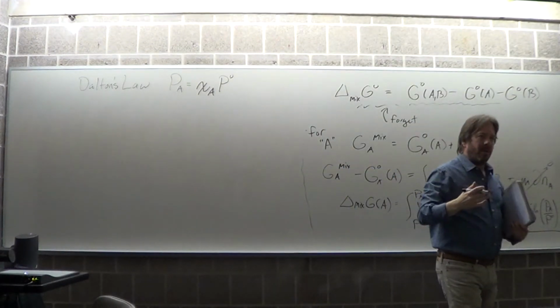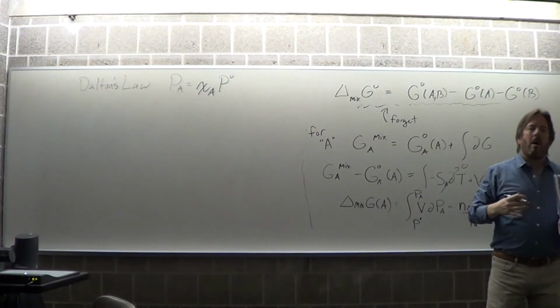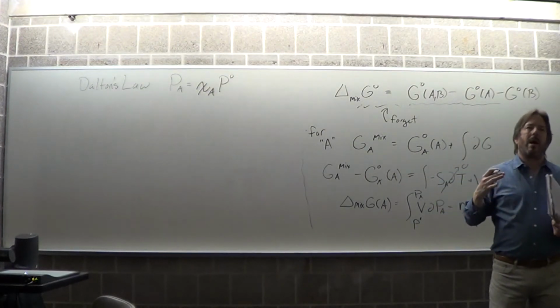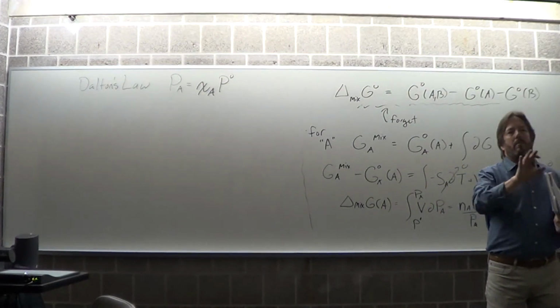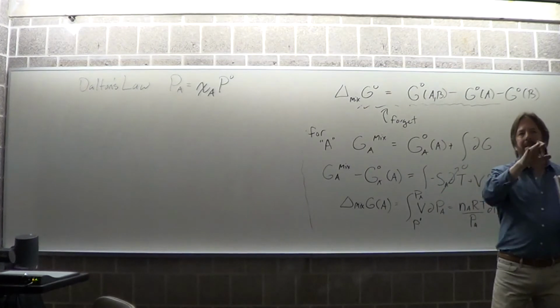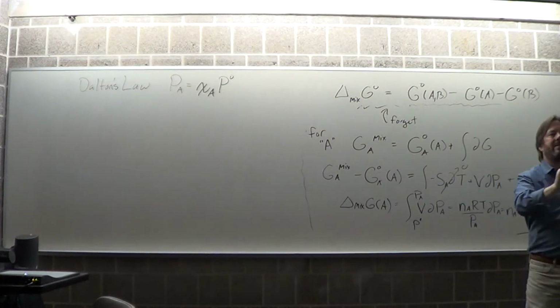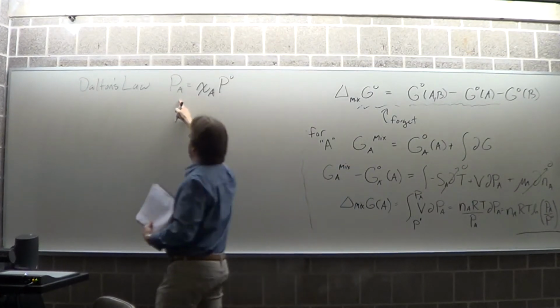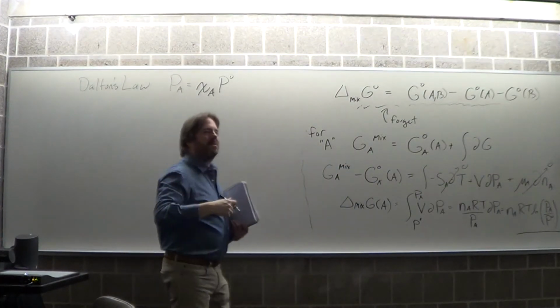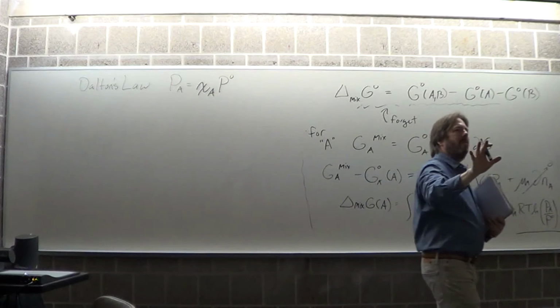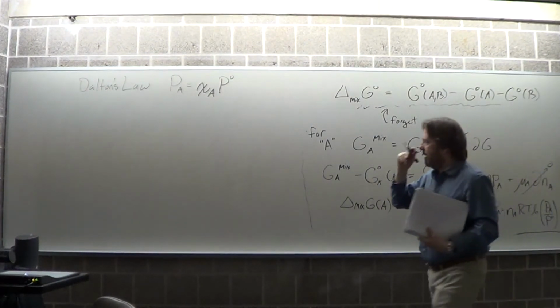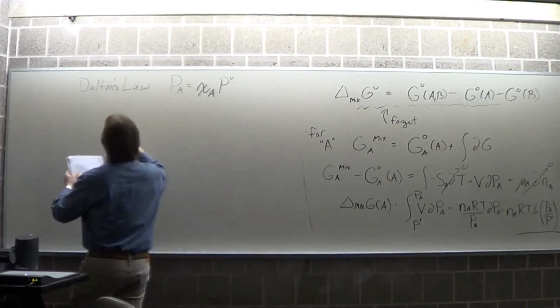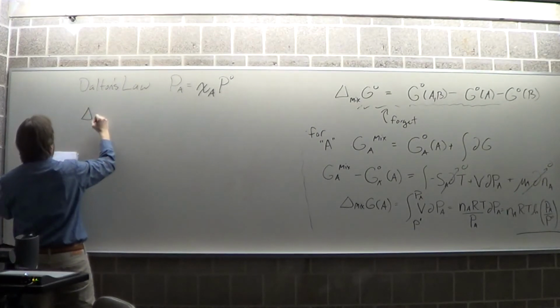Now remember that I had 2 partitions. The left was at 1 bar and had A, the right was at 1 bar and had B. So again, let's say that their behavior is relatively okay. So I opened up the partition, it's still 1 bar. And that means that the new partial pressure would be the mole fraction times the total. Again, hopefully you saw this in high school. Okay, so then in the mixed state,